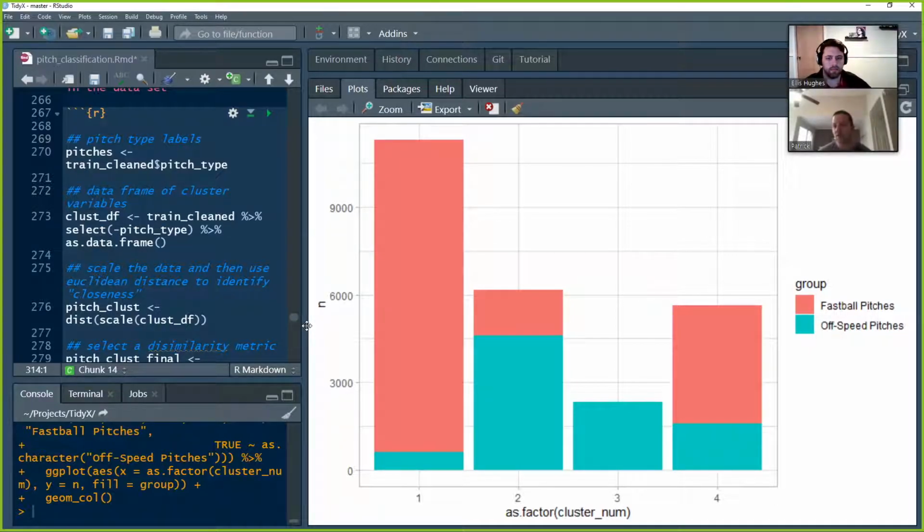One thing we could do is take these cluster assignments and use the training data set to make a forecast on the test data set, based on the features of which cluster they'd be assigned to. So this is a cluster 4, a fastball type pitch with off-speed z-axis movement,